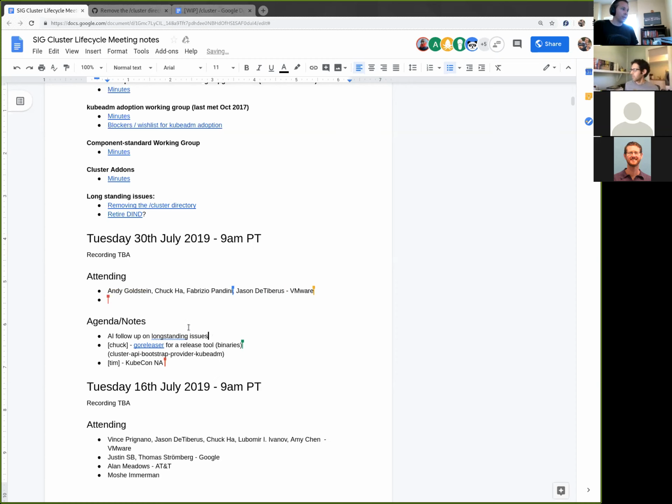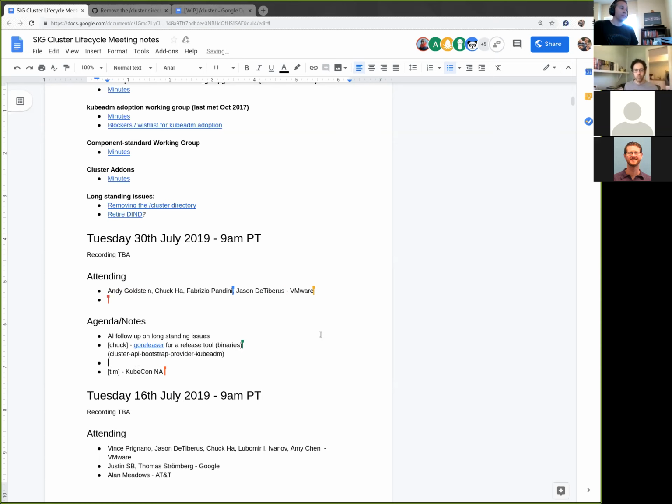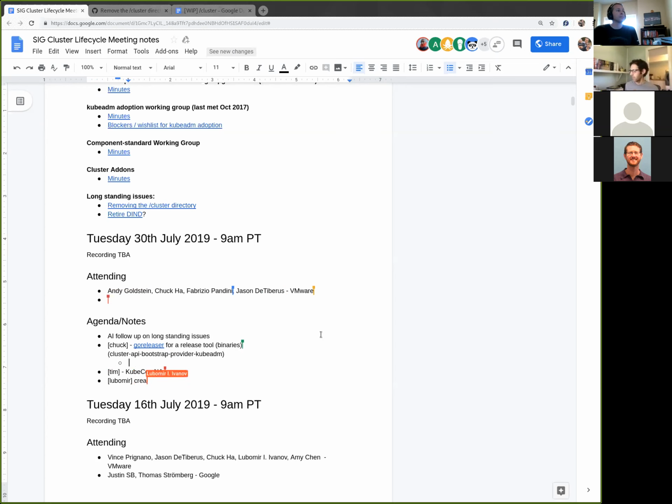Chuck, you're next on the list. Hooray. Let's see, GoReleaser. Yes, GoReleaser is a release tool for SIG cluster lifecycle projects. Sorry, yes, GoReleaser for releasing binaries, specifically for cluster API projects and potentially other SIG cluster lifecycle projects if